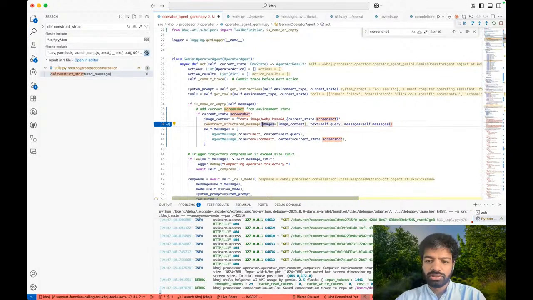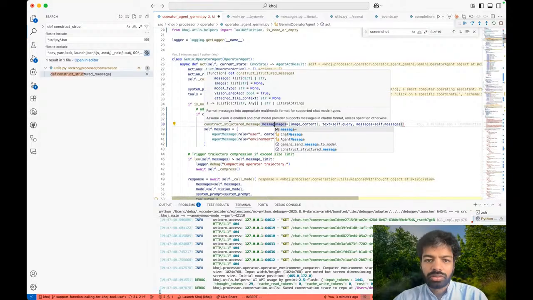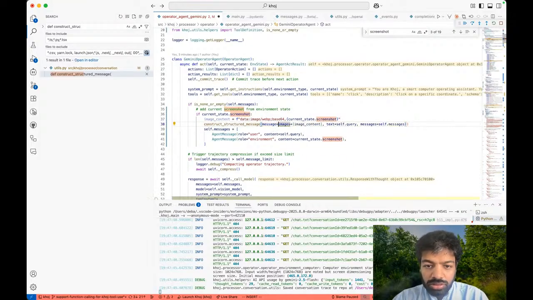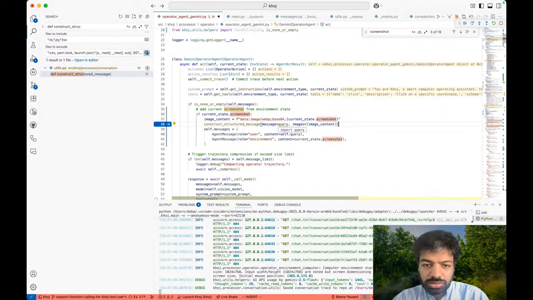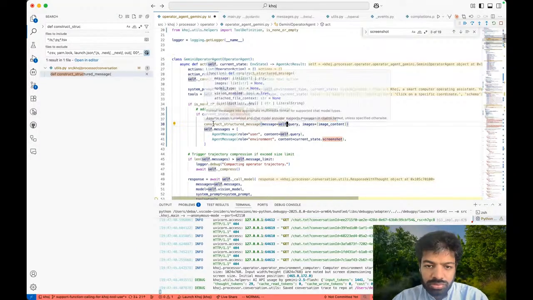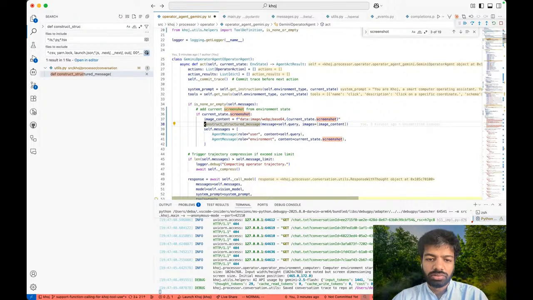Oh yeah, I can pass query in. Yeah, message good query and then image is equal to this standard query, and then this content can then go in to